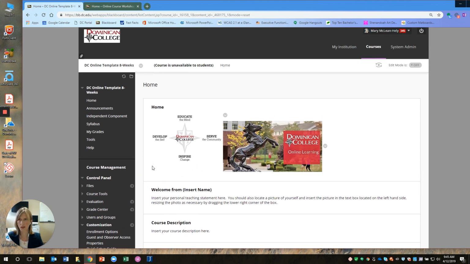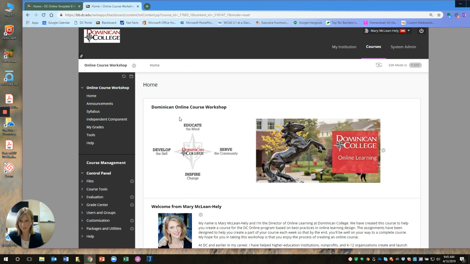But for the purposes of this demo, I'm going to show you it on my course that you're taking right now, so you can see what the different parts are when they're populated with content. So the first thing is the left navigation. We've got this standard set of features or places on the left side, including the home, where most of